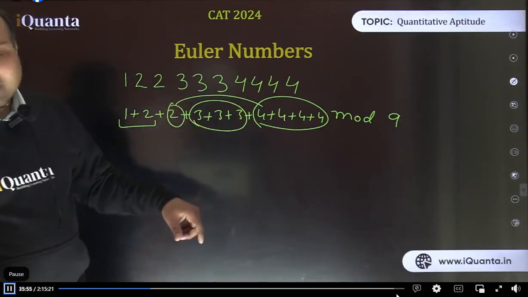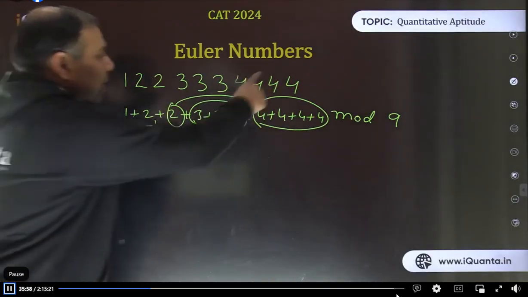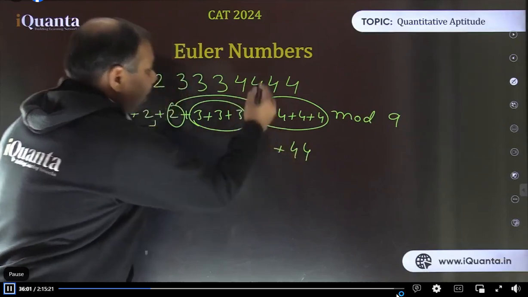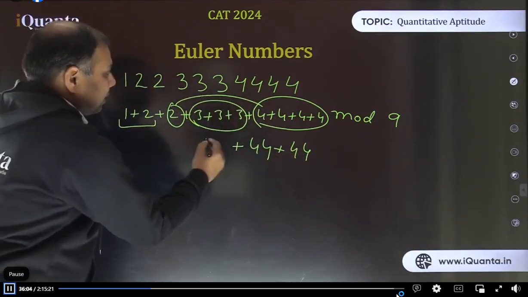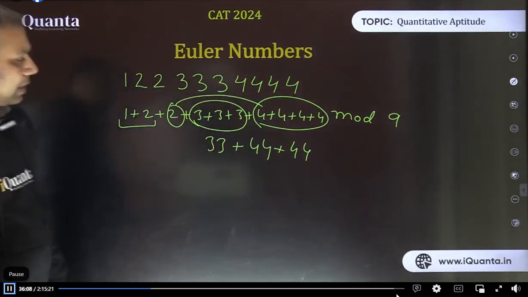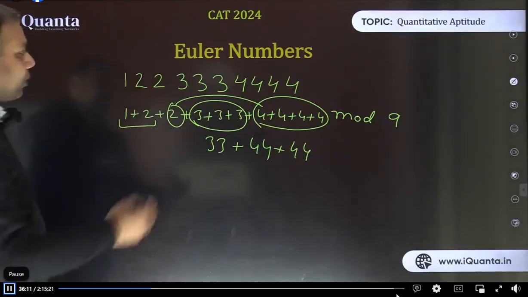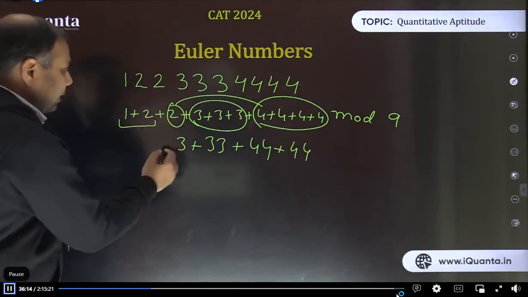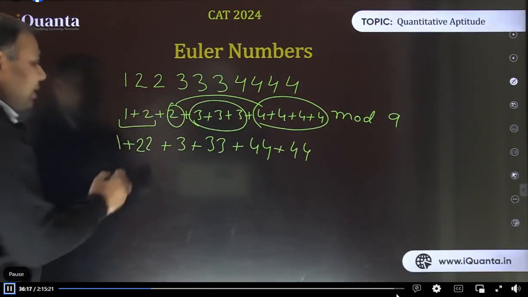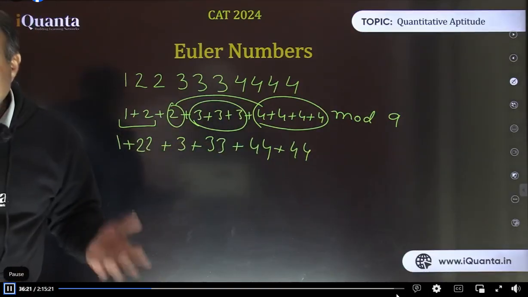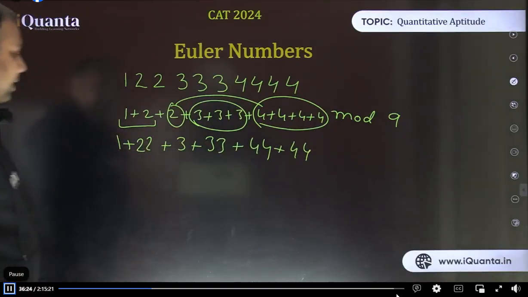Now the other way to answer this, as I said, we can make groups of 2 digits also. So I can write it as 44 plus this 44 and maybe this 33. Or as I discussed in the beginning, we can make single digit groups as well. So maybe this 1, 3, let it be single digit, then maybe this 22 and this one single digit. Whatever group is suitable, we can take that. Right? Now let's check that.